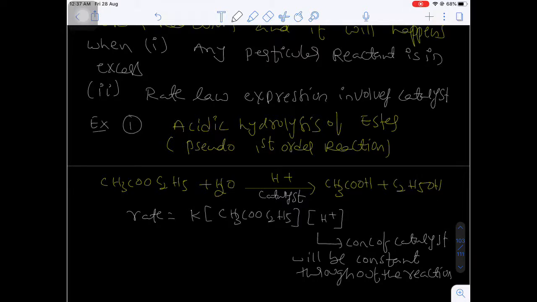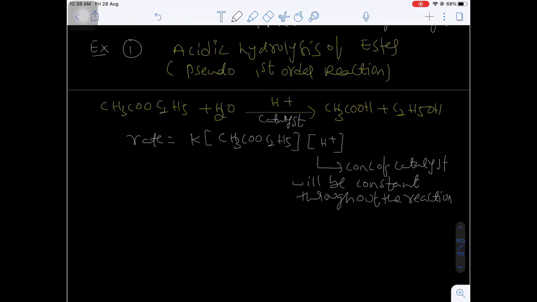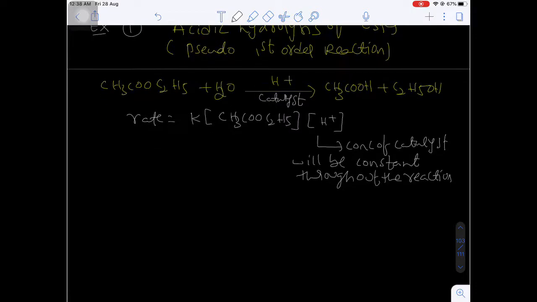Once we take the required quantity of catalyst, that will be enough for the progression of the reaction. That means no excess catalyst will be added further. Are you getting my point? So the characteristics of a catalyst: the rate of reaction generally increases by a catalyst. A catalyst does not decompose in the course of a reaction. That is very important. That's why a certain concentration of catalyst, if taken, will be constant throughout the reaction. Are you getting my point?